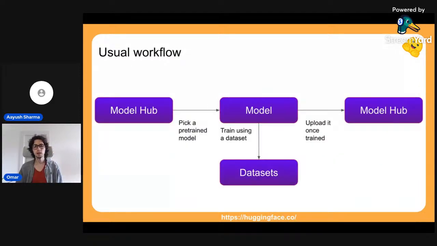So the usual workflow is to go to the hub and find a model for a task, and you can just pick this model and use it. But there is something very interesting in NLP and now also in computer vision and in audio, which is called transfer learning. I won't jump too deep into this because it could lead to 10 minutes of discussion. But the high-level idea is that you can pick a model that has a high-level statistical understanding of a language. For example, this could be a model that was trained for medical text in Spanish.